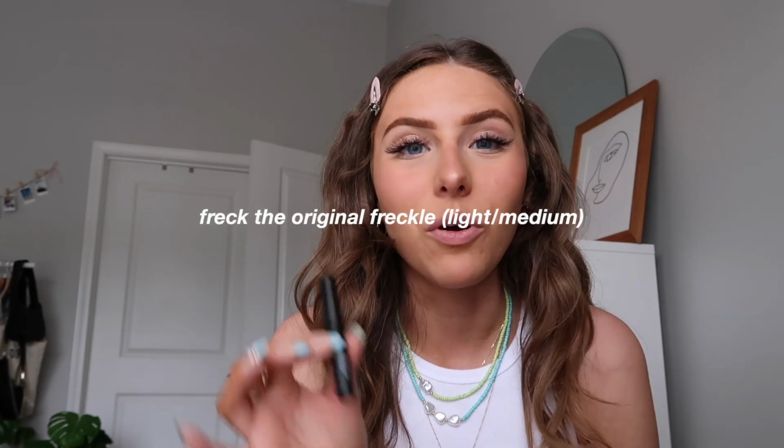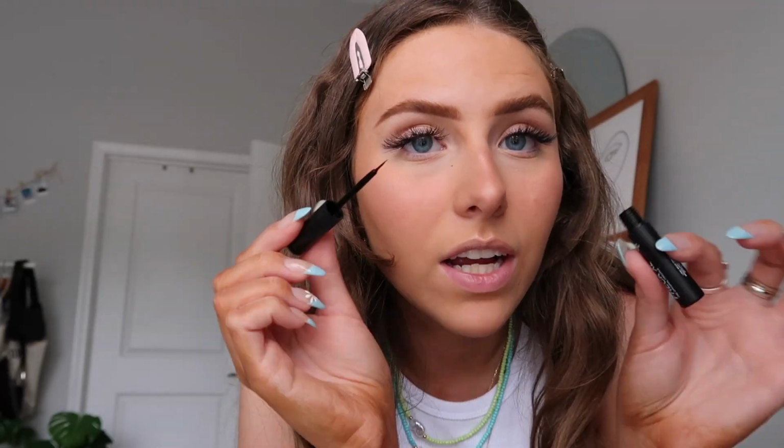I also like to add some faux freckles. I absolutely love this step, and I think it's such a cute and very necessary step. When you have a full face of makeup and then you add the freckles, it makes it look a lot more natural. It looks like you're wearing less makeup because your freckles are showing through. It really makes your whole makeup look so much more natural, and it definitely gives a summer look. So I just take this Freck pen and draw some dots,